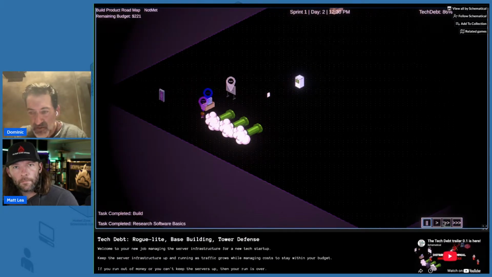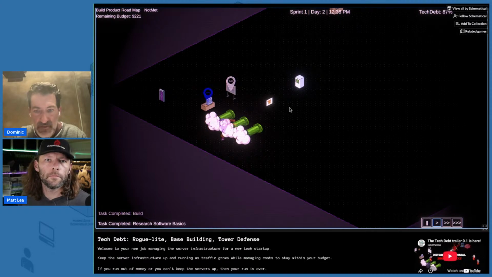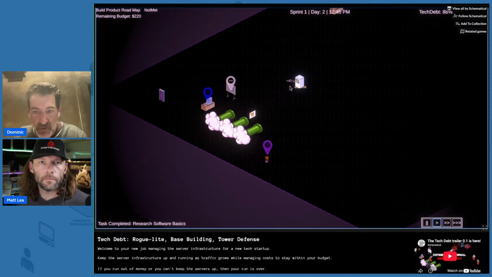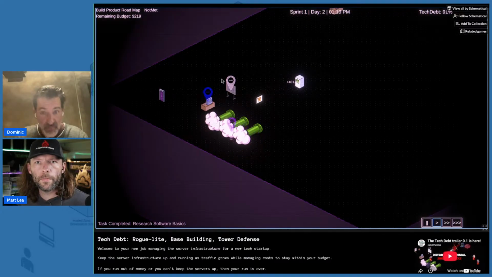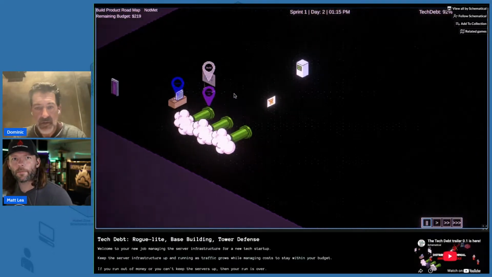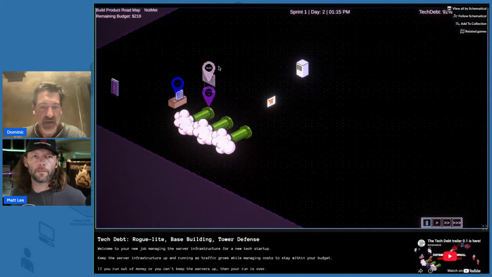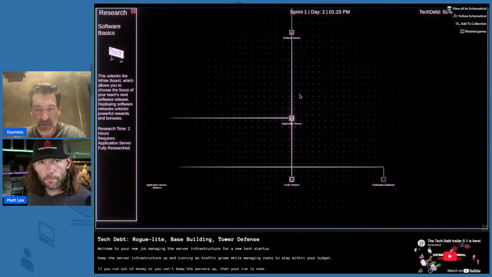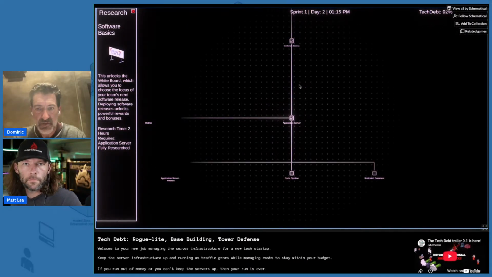And it might be worth talking here. You can see things zooming in and out, but plus 40 load, and that cost me $1. It's a little hard to read where that pops up. You can zoom in a little bit with Q and E, I think it is. Otherwise, the mouse wheel typically does it. All right, so I've got three chevrons, so three different things I can do. So I could research the next thing.